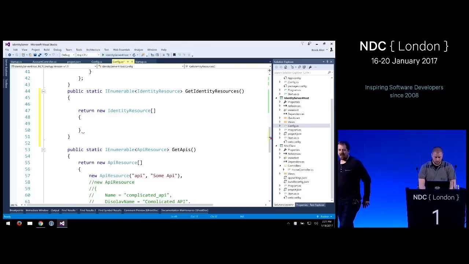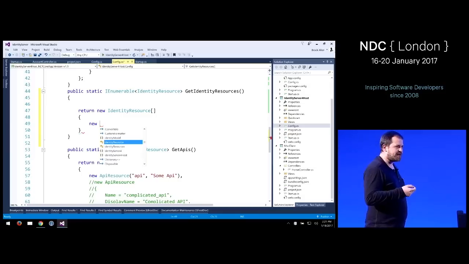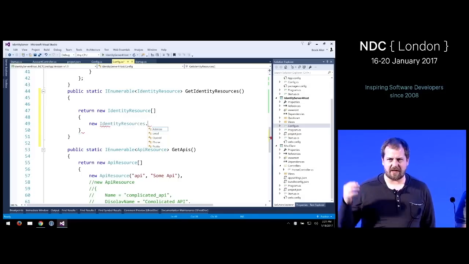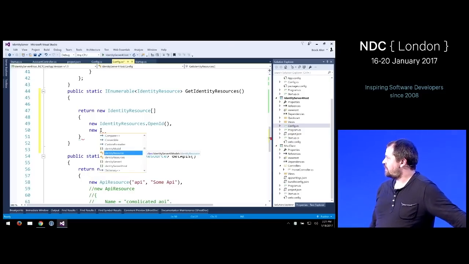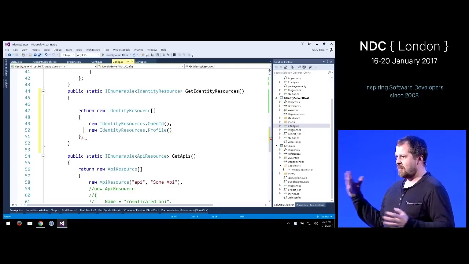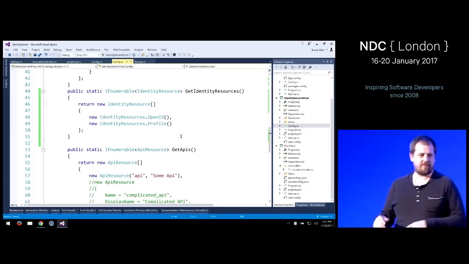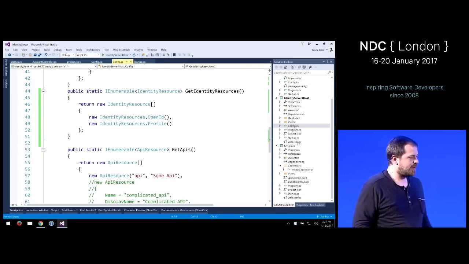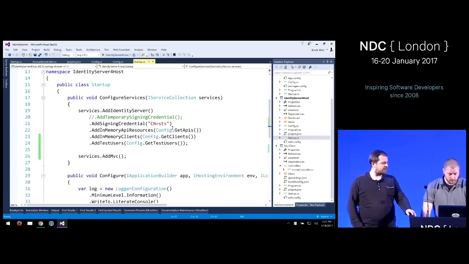One is OpenID. And by the way, OpenID and Profile are standard resources, if you like, coming from the OpenID spec, so we just have them built in. But obviously, you can create your own scopes and associate them with any claims you want to issue back to the client application. But for now, that should be good. Okay. Oh, cool. And those need to get registered as well. Yep.